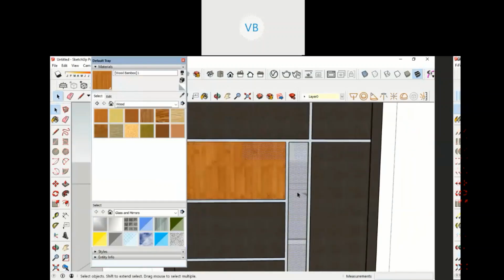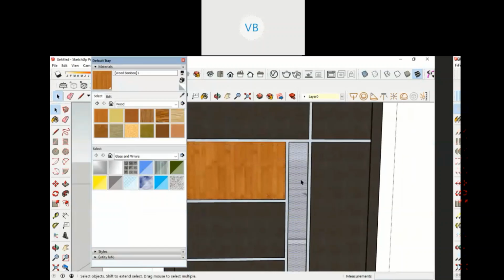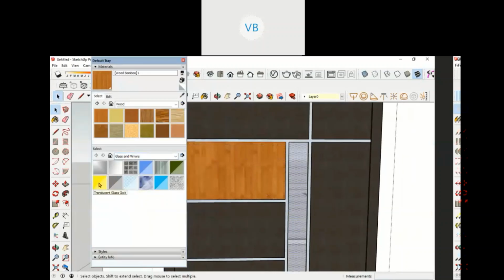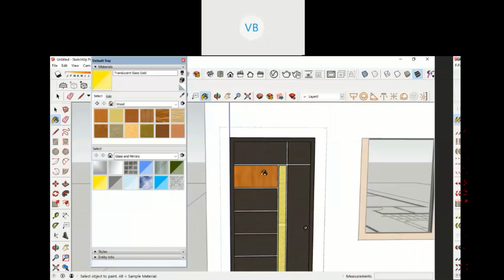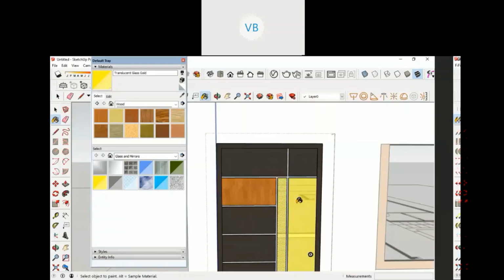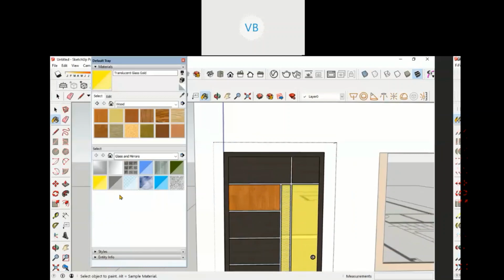Okay, here they have applied glass here. I don't like this kind of glass, I want different kind of glass. Then select that material, go to glass and you can go to green. Let's see, they have some yellow color glass kind of option. Okay, you can make changes like that. So అది అయిపోయింది, now done.